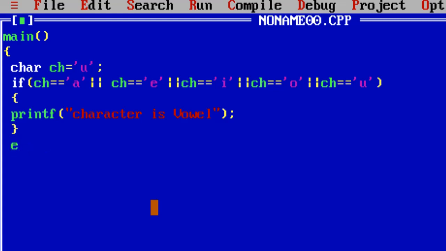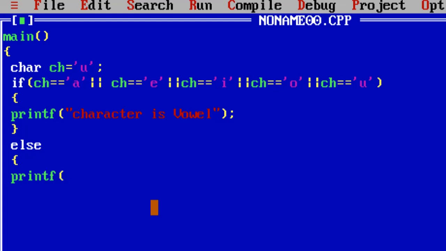See, if we spell it wrong, it will not be in white color. That means it is not in proper spelling, that means it is not a keyword. Then you have to spell it right. So E-L-S-E. See, the color changes. That means it is now a keyword for the C programming. So else, what we did now, we have already done character is vowel. So if the character is not a vowel, then what will it be?